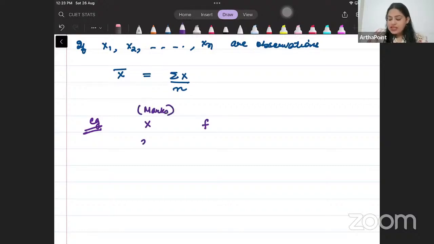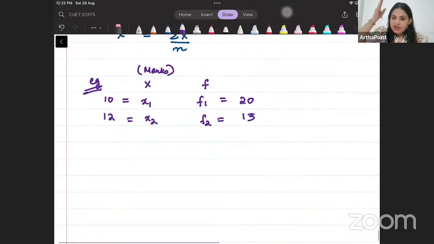So I can say that x1 marks are scored by F1 students. This I can say 10 marks are scored by 20 students. 12 marks are scored by 13 students, and so on. So I can be given some data of x's, and corresponding to that, I can be given some frequencies here,